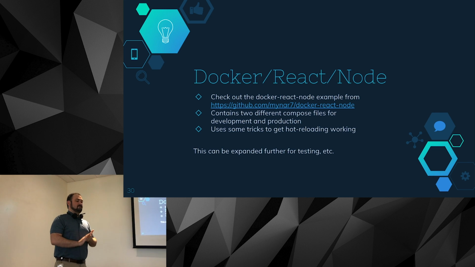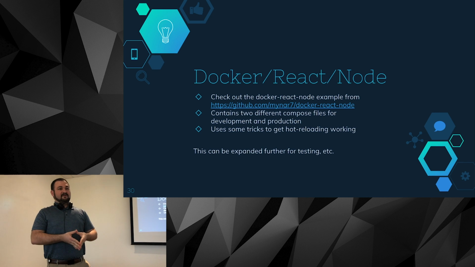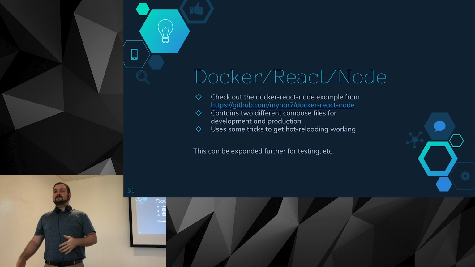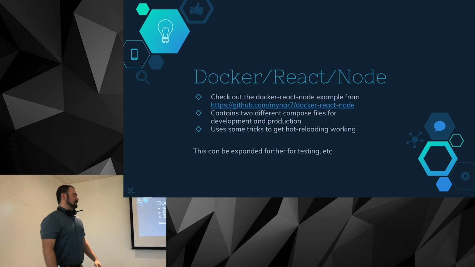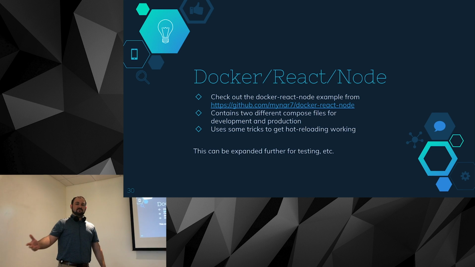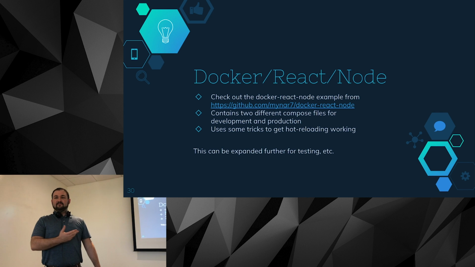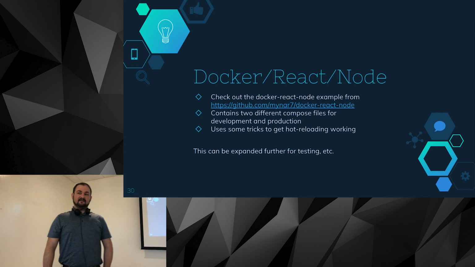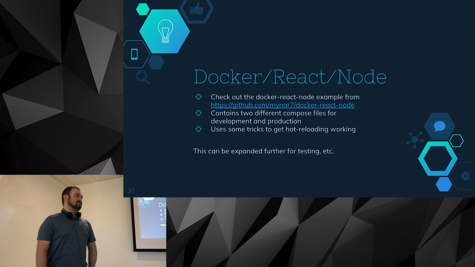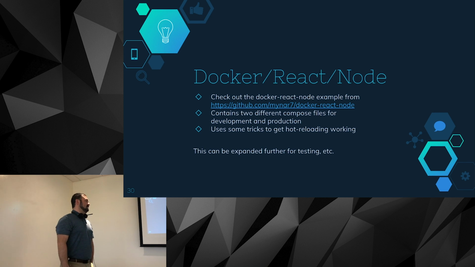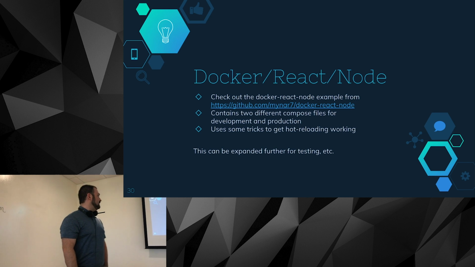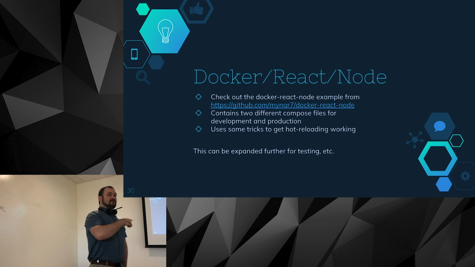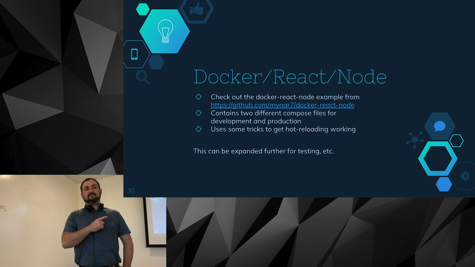You're able to not run just one Docker Compose file. You can use a development one, you can use a production one, you can have a test one. Maybe the test one would have a disposable database that has a dummy schema or something that will load up test data for you. And then your development server may have the same sort of thing. Obviously, in production, you're going to want to mount your volume so that you don't lose the data. So has everybody already pulled this down? Cool.